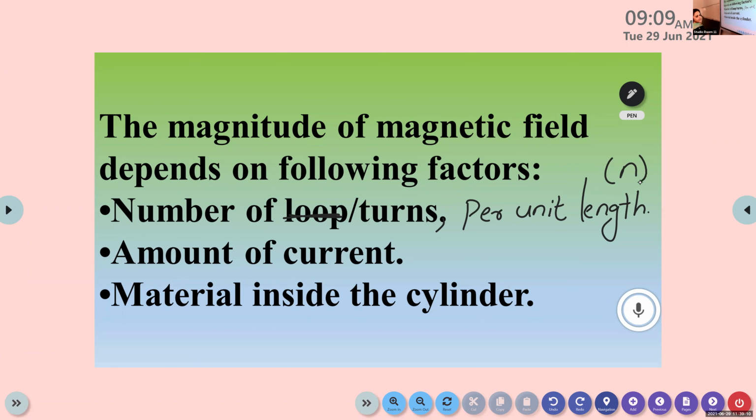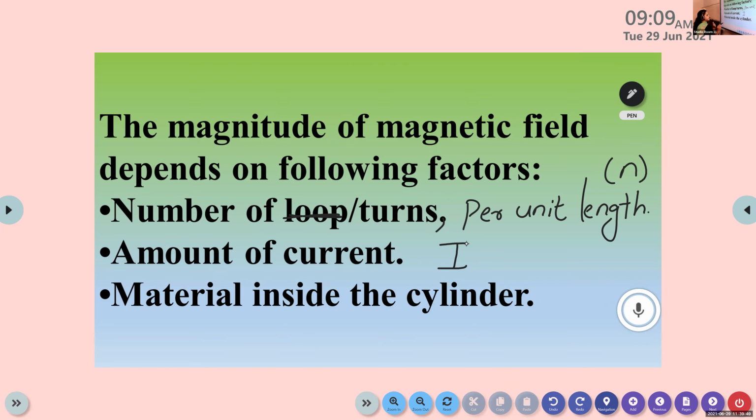Here, what is actually L in the last equation? L is the length of the solenoid. Okay, ma'am. So, number of turns per unit length. And the second factor is the amount of current flowing through the solenoid, that is I. Not only for a solenoid; if we consider any conductor, these factors are the same: the number of turns per unit length of that conductor, and the amount of current I that flows through that conductor.